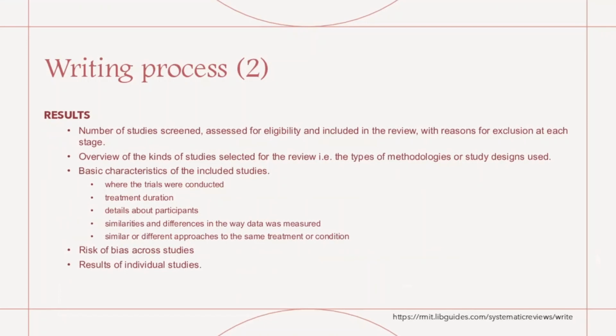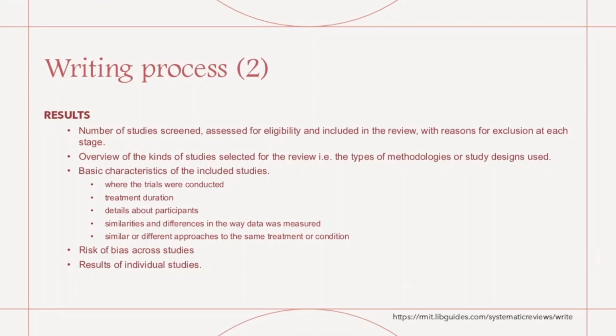Then there is the next section, which is the results section, in which you should write and specify the number of studies that you screened, the ones that you deemed eligible and included in the review, with reasons for exclusion at each stage,